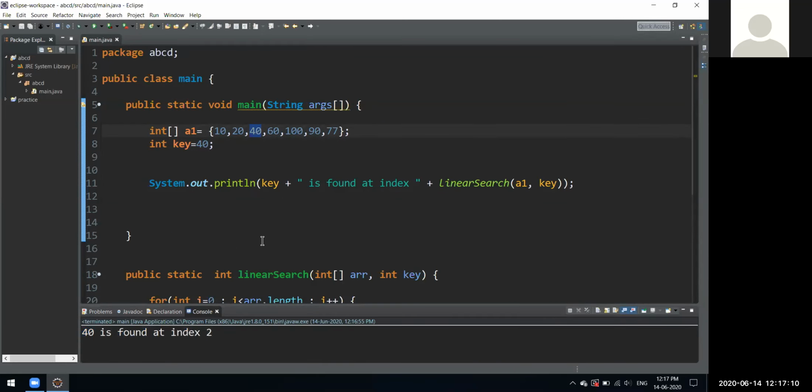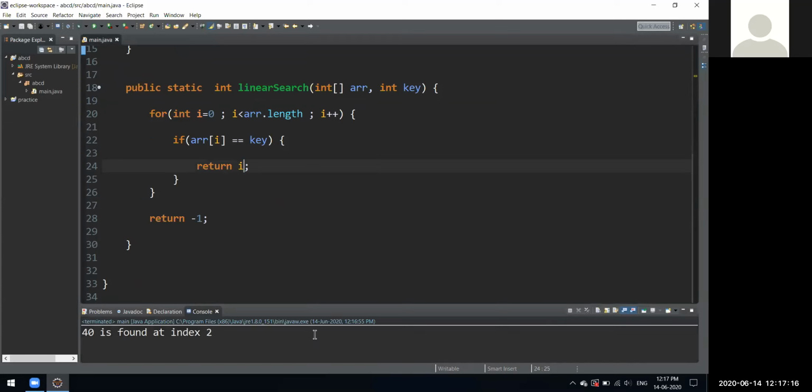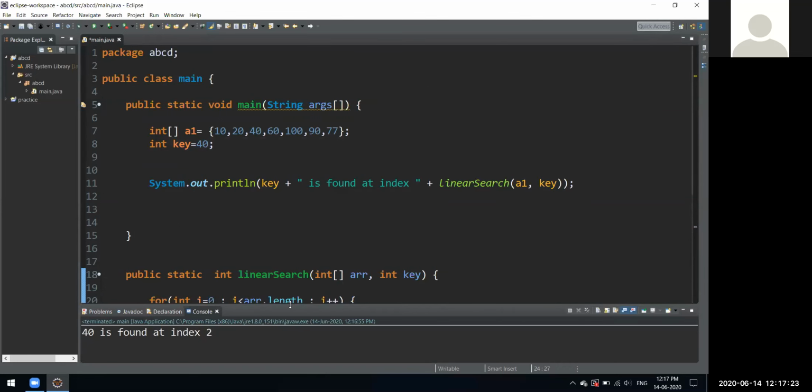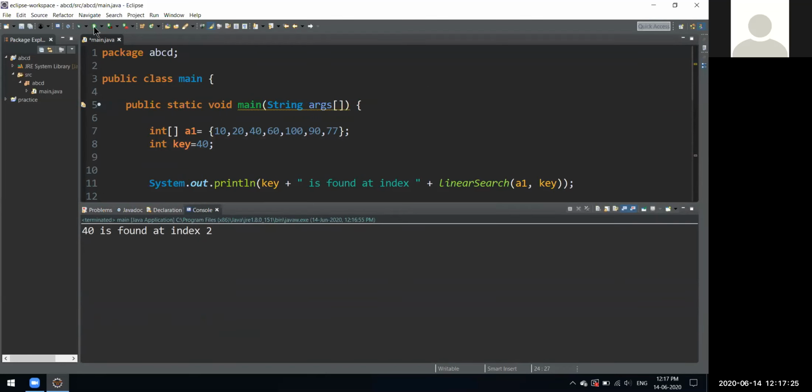We are programmers, so we know arrays start from 0. So in that case, you could just write i plus 1 here. So it will give us a position which a normal person could also understand. See, now it is giving 3. So now a normal person could say yes, this is at the third position, and this is right.